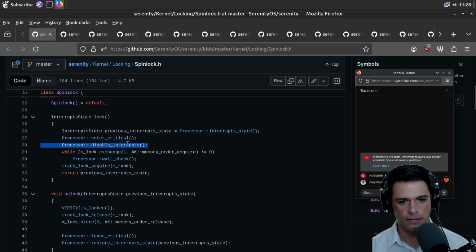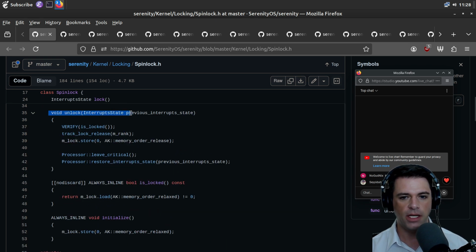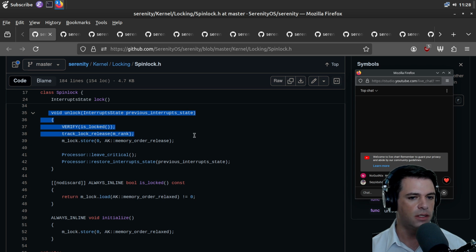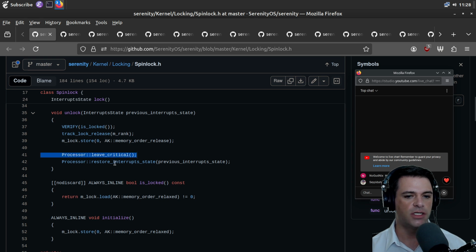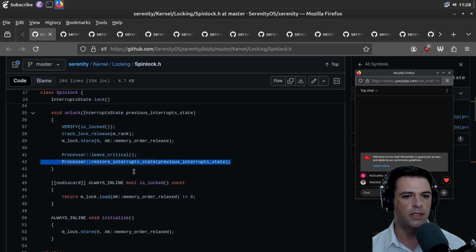But we don't re-enable interrupts. And then when we call unlock, we verify that it is locked. We track the lock release. We store some stuff in 0 memory order release. And then we leave the critical section and we restore interrupt state.